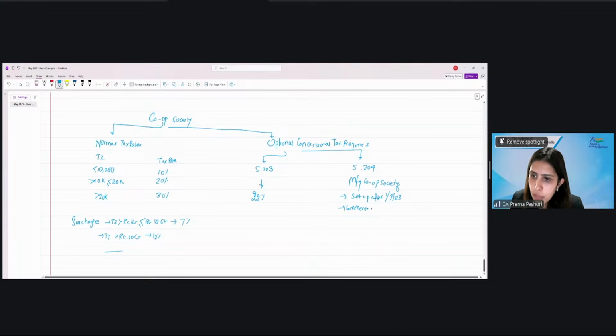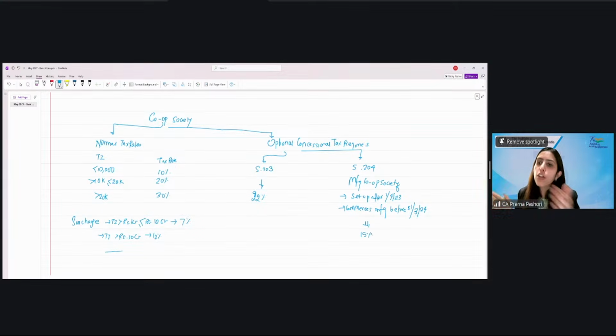So this was a very limited window which was offered. Then they could opt for a concessional tax regime of 15%. If they had commenced manufacturing before 31st March 2024, only then they could opt for 15%. If they are commencing after 31st March 2024, then in that case they will not be able to claim